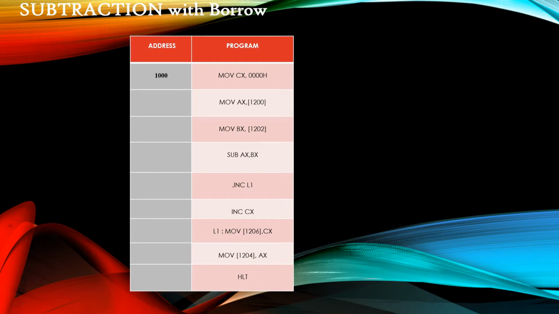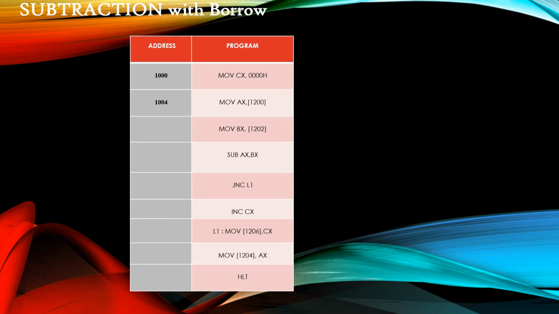Here I am considering the starting address as 1000. In that I am first moving CX register with the value 0000, which is nothing but clearing the CX register. Otherwise some garbage values will be present in that particular register. Therefore it is better to clear a register before using it for some count values. Here the first instruction is 4 bytes wide.